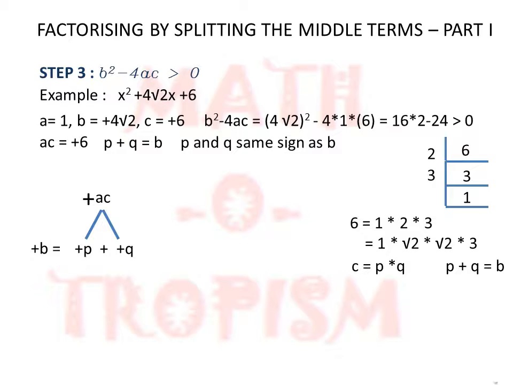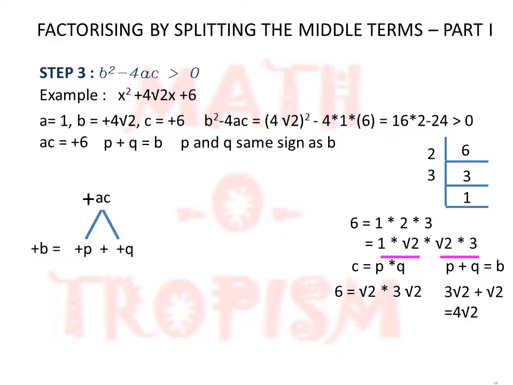So when I need to have a root 2 term, let me take 6 is equal to first part 1 into root 2, which I am taking as root 2, and 3 into root 2, which I am taking as another term, 3 root 2. So I will write it as 6 is equal to root 2 into 3 root 2. What will happen to p plus q? 3 root 2, p is always the greater number, so 3 root 2 plus root 2.